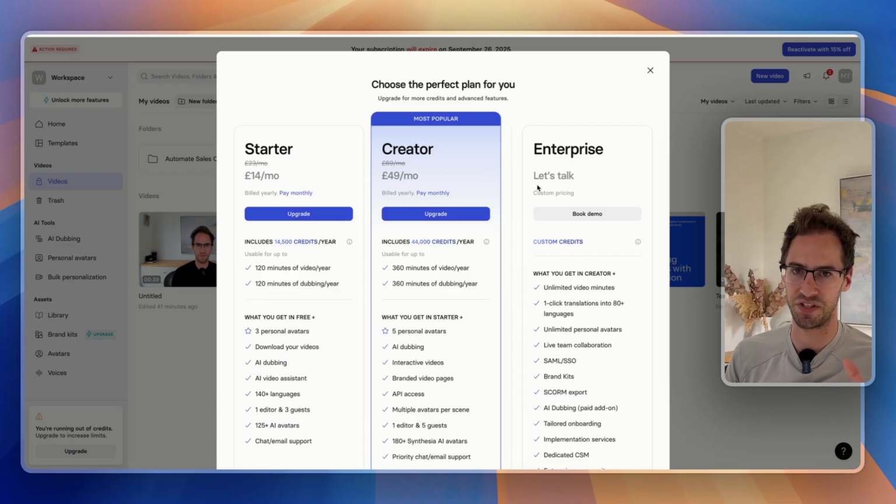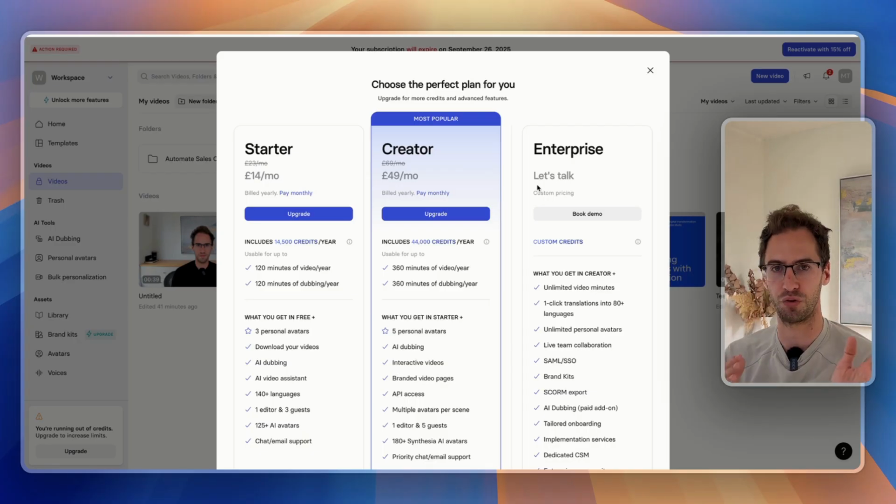Now, if you want to see a more detailed comparison where I put both tools through 7 tests,